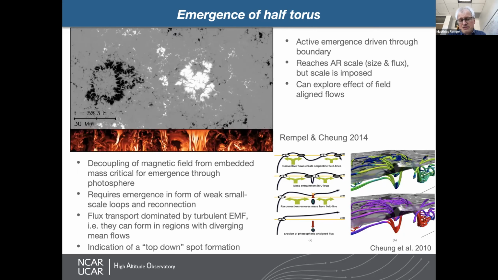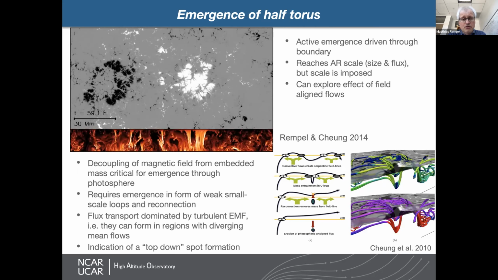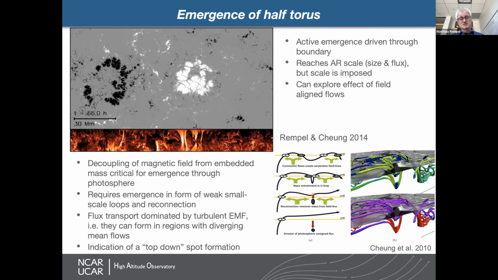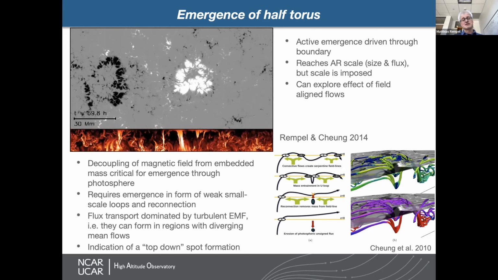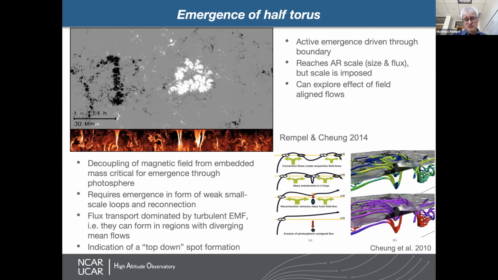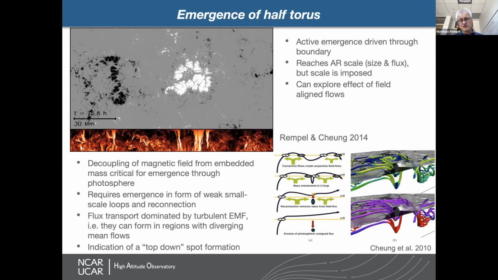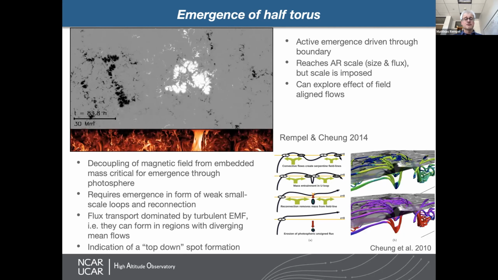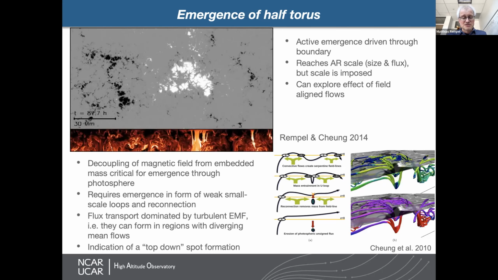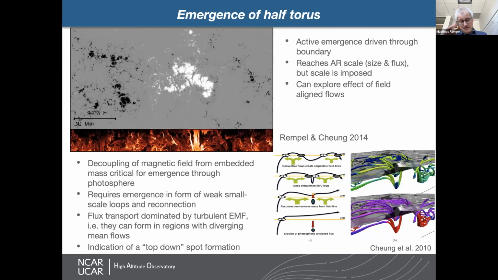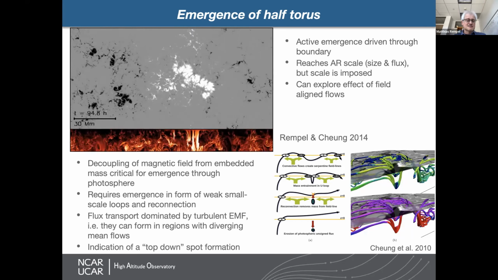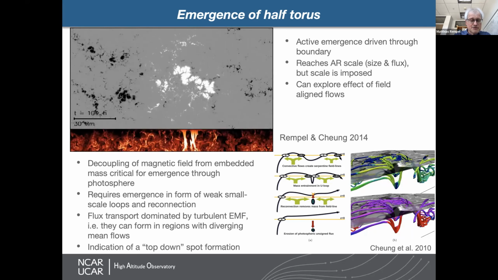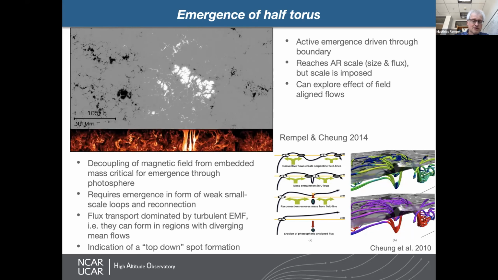you would get in the photosphere when you have a field-aligned flow, which is expected at least in flux tube models due to angular momentum conservation, but more recent convection simulations also sometimes have a field-aligned flow in emerging flux, but that comes more from the convective pattern, which actually transports the flux towards the surface. So what we did find in this simulation is when we have a field-aligned flow, and it goes in this simulation here from the right side to the left, so it would be retrograde,